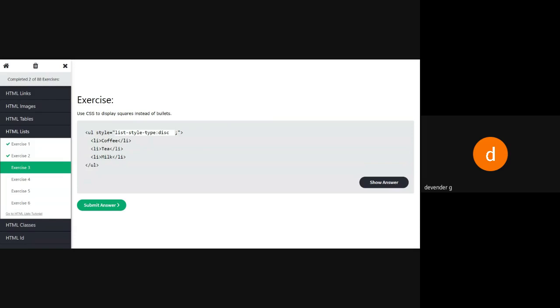What are the three things we covered yesterday? For bullets, what are we using? We have list-style-type, where one is disk, one is square, and one other is what?